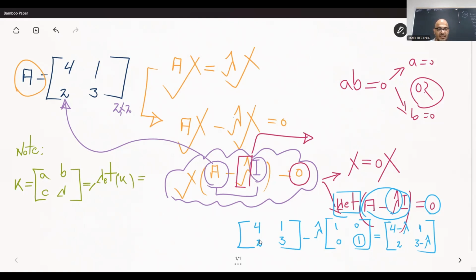Becomes, if you remember, we said it becomes the main diagonal AD